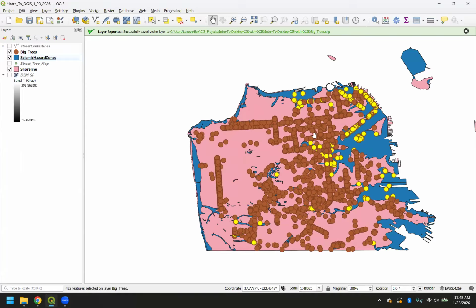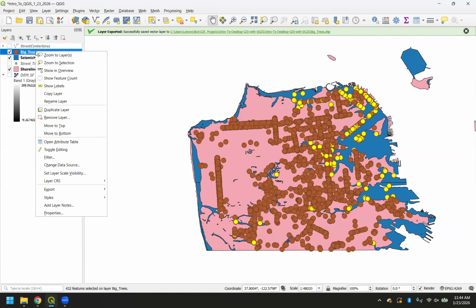So we already selected and made a new layer. Real quick, before our final thing: instead of making a new layer, we don't need a hazard layer on its own. We just need to mark that these trees are hazardous. We can do that in the attribute table. So if we open the big trees attribute table,